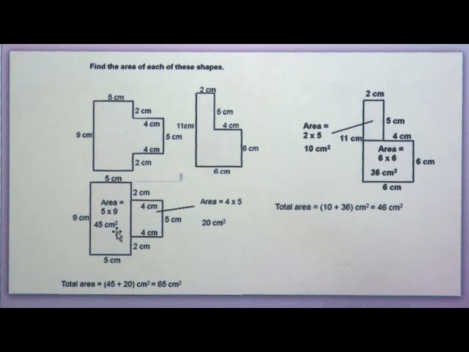In this way, now that you know the area of both figures, you can find the area of the given figure as the sum of both areas, that is 45 plus 20 centimeter square. When you add this, it is 65 centimeter square. So, we can find the area of such a figure which is not exactly rectangular, but we find the exact shapes, find the areas of the two figures, sum them, and get the area of the given figure.